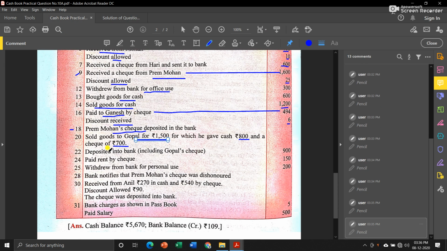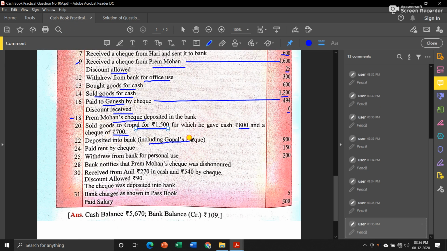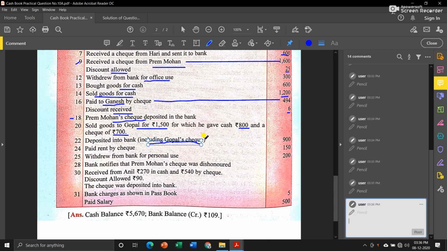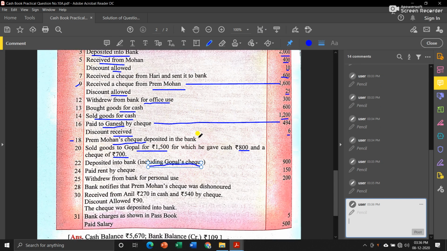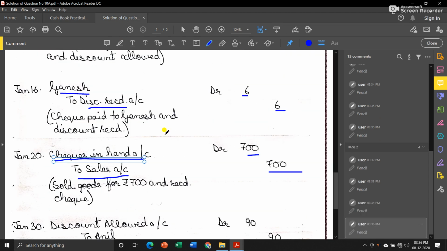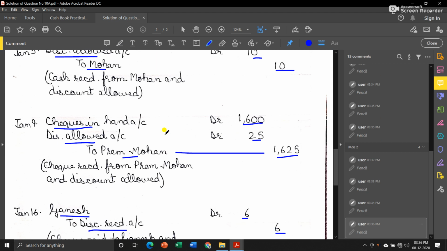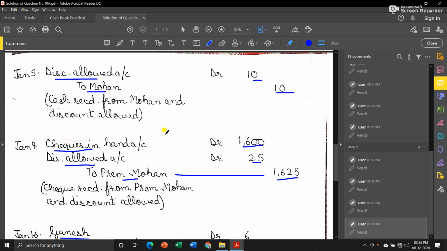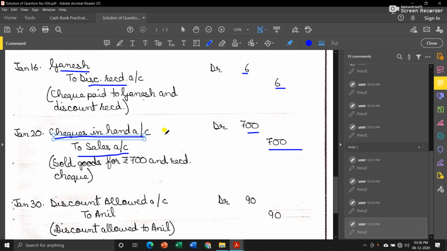Then next on date 22, deposited into bank including Gopal's check. That means we have to see how much was the value of Gopal's check. Since they have mentioned that we deposited Gopal's check, that means that check is in our hand. So if we check our journal proper, we will surely be able to find the check that we received from,